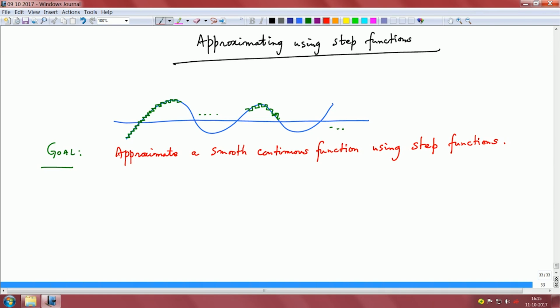Of course, you may even philosophically ponder that a step function is a discontinuous function, and how would I want to approximate a smooth continuous function with discontinuous functions, right. I mean, this is a natural question one would get, and the answers to all of these have been